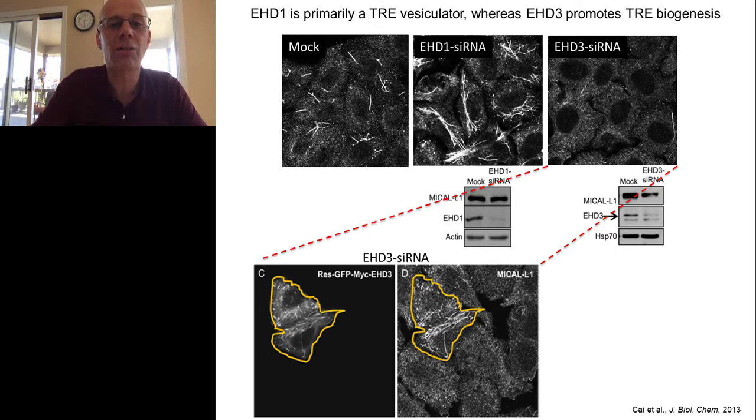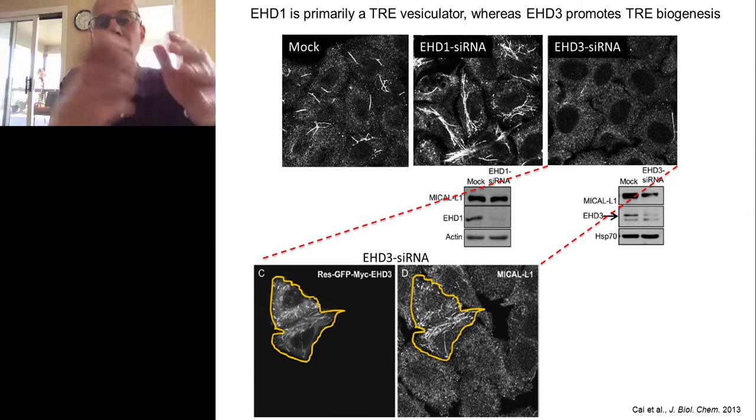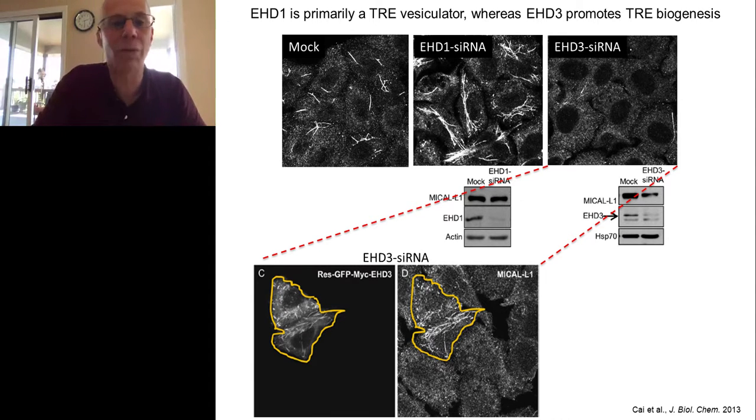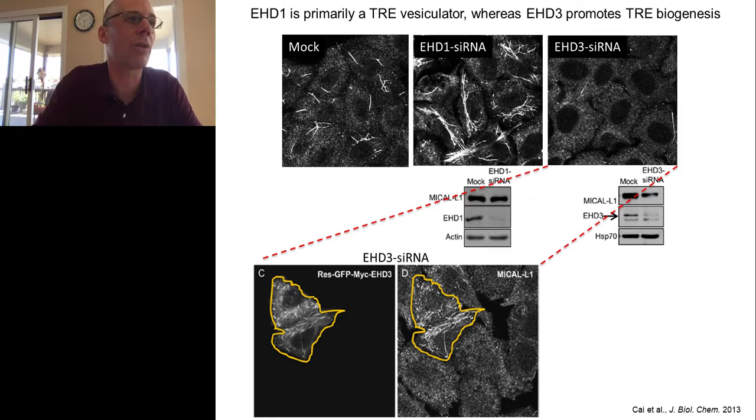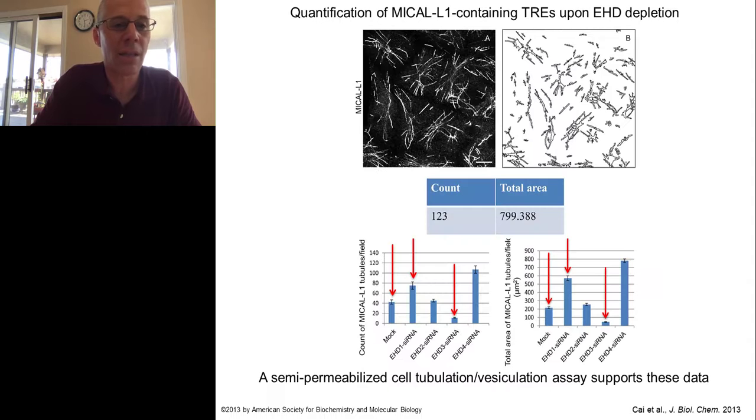Surprisingly, when we knock down the closest homologue to EHD1, which is EHD3, we see a loss of these structures altogether. And I don't really have time to tell you about EHD3's role today, but we do know that EHD3 is involved in controlling or allowing these structures to be maintained rather than involved in their vesiculation. And we can show that if you transfect,